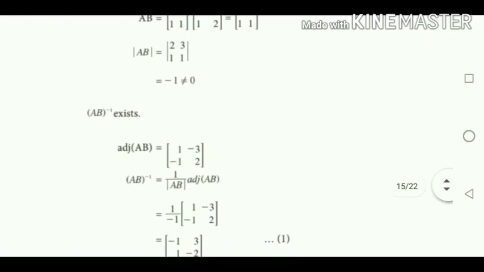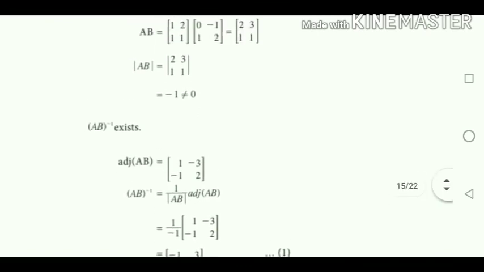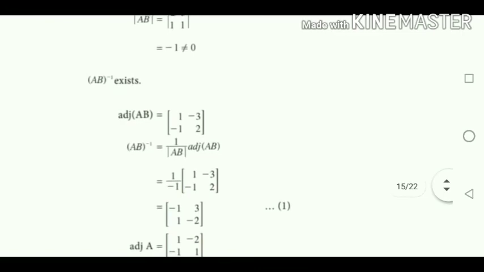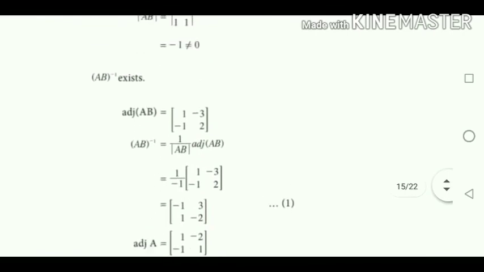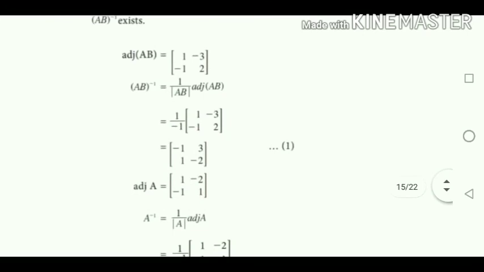For this AB you are finding AB inverse. So AB inverse is nothing but find the adjoint of AB. The adjoint of AB is [1, minus 3; minus 1, 2]. That is changing the main diagonal. The main diagonal is 2, 1, so if you change it you are getting 1, 2. Then for the off diagonal, change the sign. So I am changing the sign: minus 3, minus 1. Therefore AB inverse equal to 1 by |AB| into adjoint of AB. So 1 by minus 1 into [1, minus 3; minus 1, 2]. So I am getting the first expression. This is the left hand side. The left hand side is AB inverse equal to [minus 1, 3; 1, minus 2].